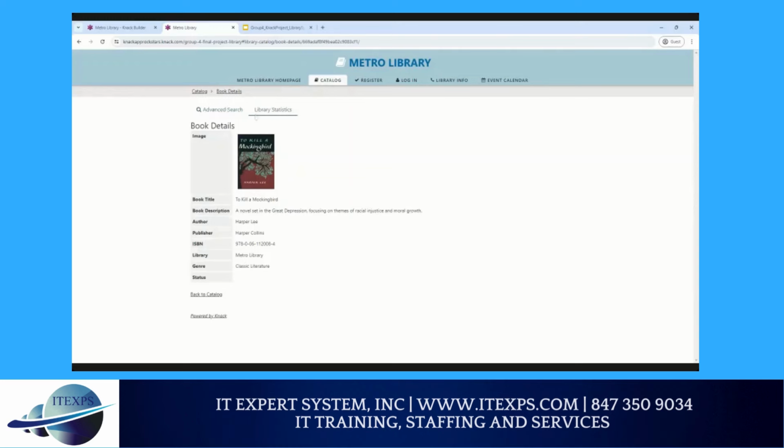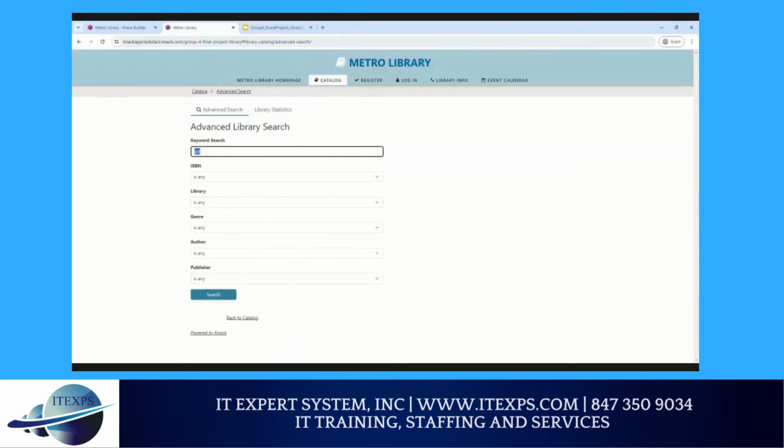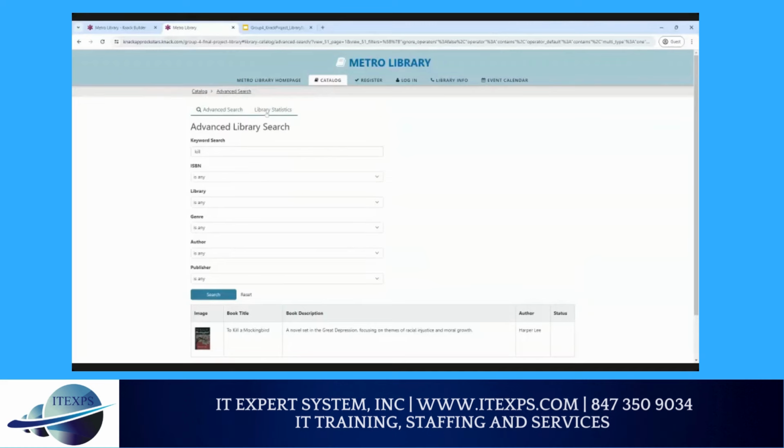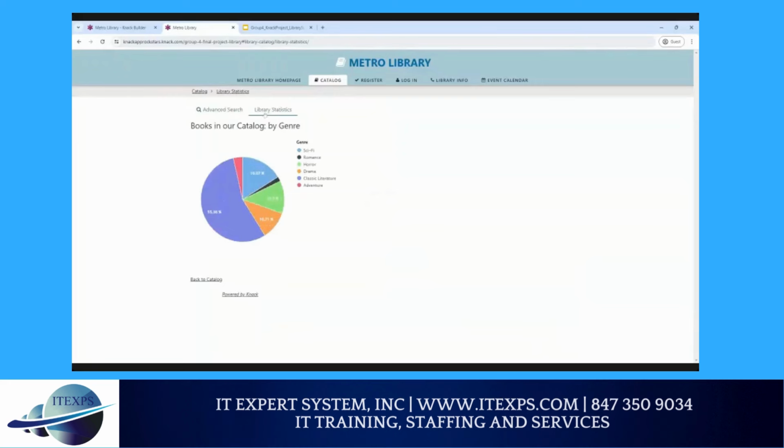Within this catalog, we have a couple of buttons up here, one being an advanced search. Let's say you're looking for a specific book and you don't know the full title. You just type the name into the keyword search, you hit search, and it will give you the closest suggestion within our catalog, which is a very nice tool to have. Next to that, we have library statistics, which is a fun description of the different genres that we have to offer. This will continuously change, with the genre we have the most of so far being sci-fi, which is a very interesting fun fact.